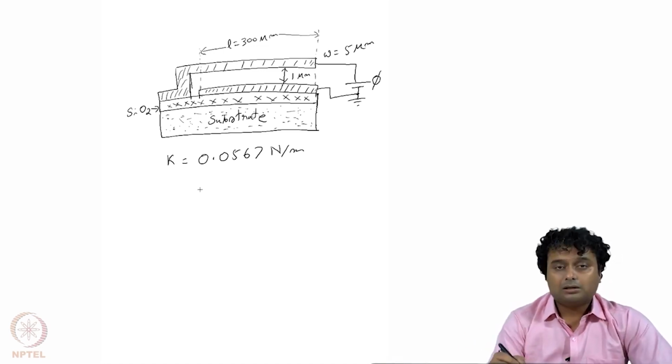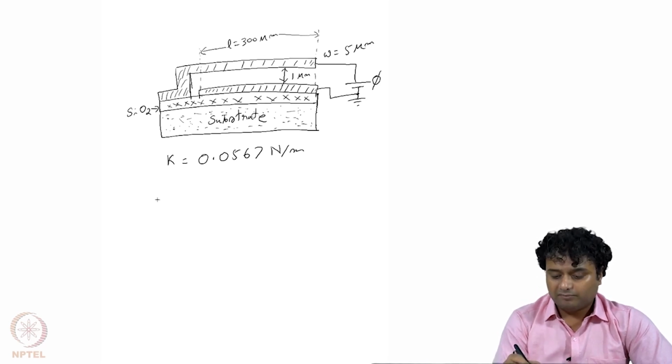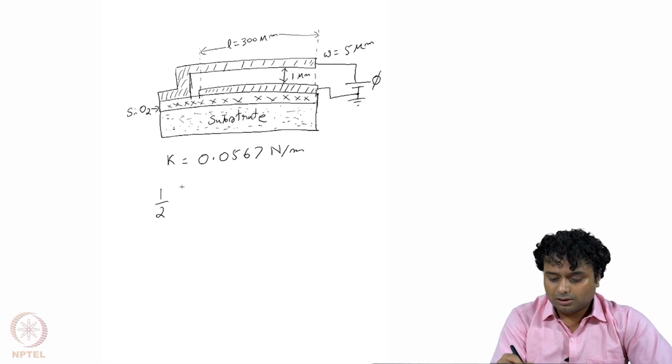From our earlier analysis, we know that the electrostatic force in this case will be half of epsilon r epsilon naught into A, right. So let's consider in between these two plates there is air, so no epsilon r, only epsilon naught, and that becomes epsilon naught A